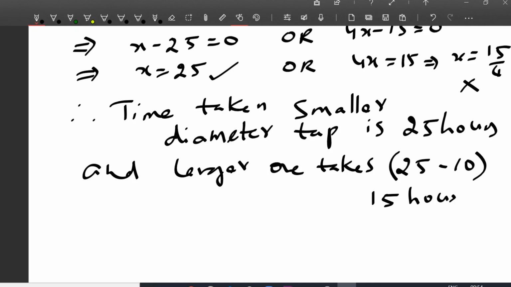Since we cannot take this because we are getting x is equal to some 3, and when you subtract 10 from that 3, you're getting a negative, that's the reason we should take only 25 hours and 15 hours. So the smaller diameter tap is taking 25 hours and the larger one is taking